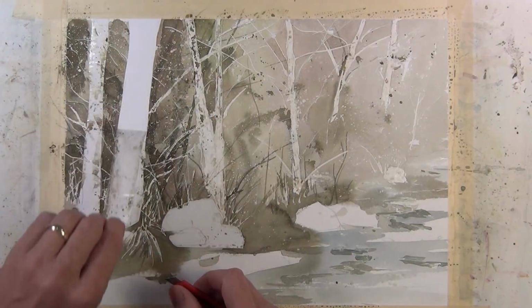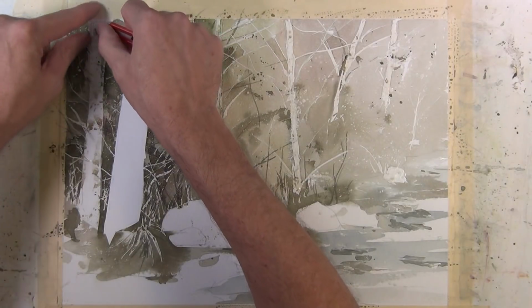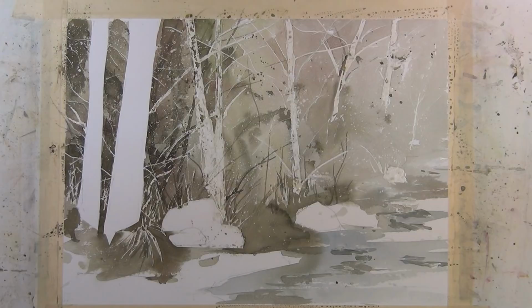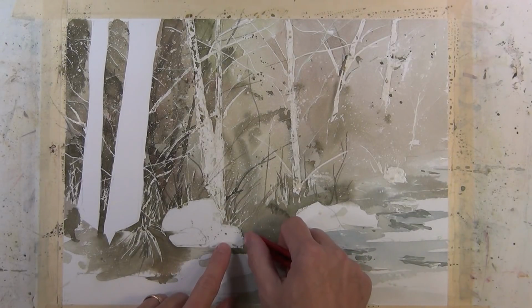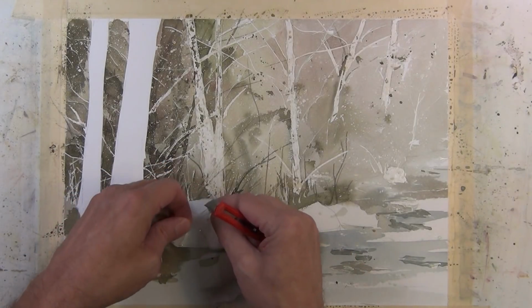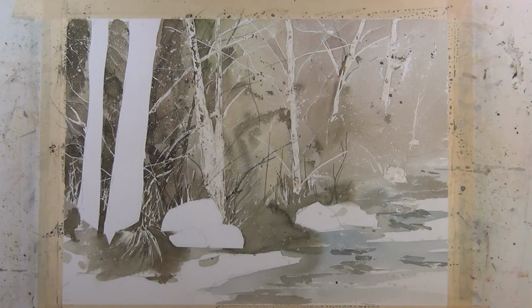Now I'm going to start to remove my masking. So I'm beginning to remove the packing tape first, and you can see that it's left those shapes with just the plain paper showing through. It's completely protected. I'm taking the plastic or the tape off the rocks there,